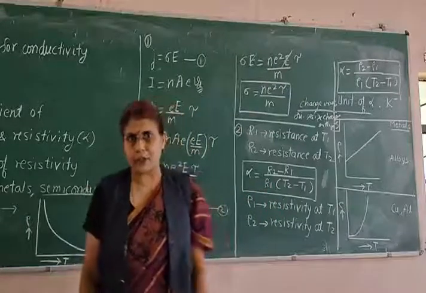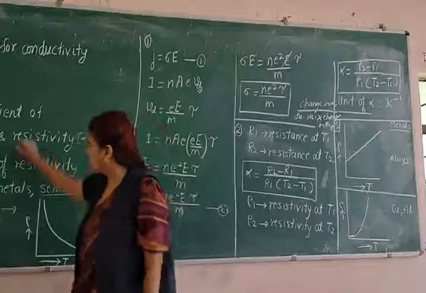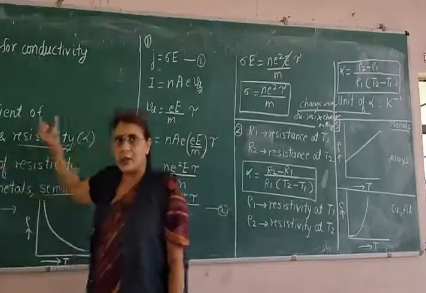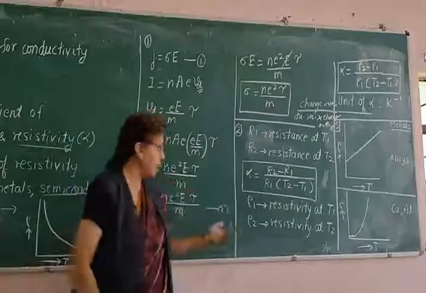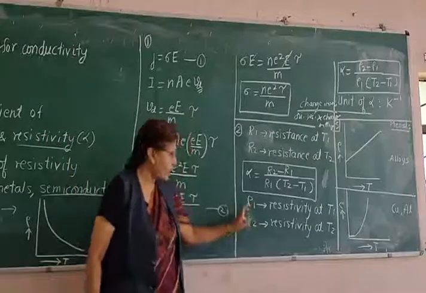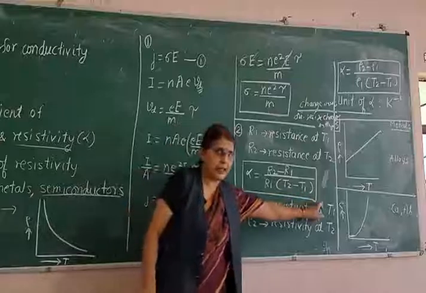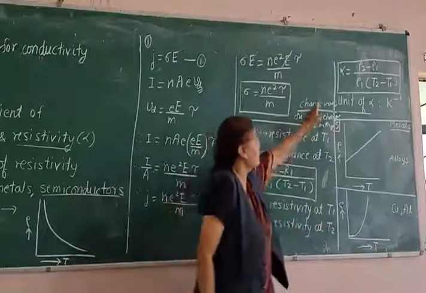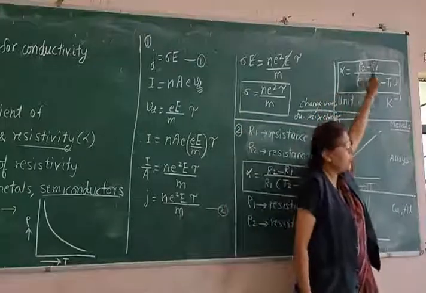Exactly parallel definition you will have for resistivity also. Only one change you have to do. Wherever you have written resistance, there you have to write resistivity. So the same thing I have written here. Rho 1 is the resistivity at temperature T1. Rho 2 is the resistivity at temperature T2. Take the ratio. Alpha is equal to rho 2 minus rho 1,